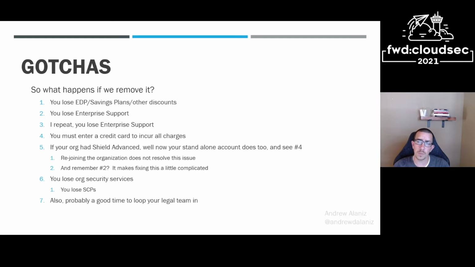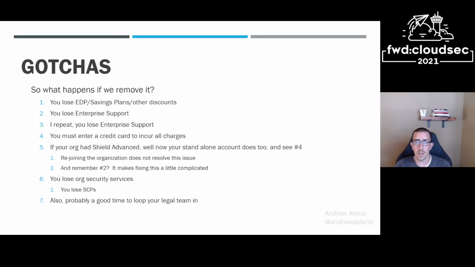Before you remove it from the organization, you're required to enter a credit card. Maybe not a huge deal, but could cause some problems with your finance departments, especially if you're on consolidated billing and having to reconcile those credit card charges to cost centers tied to invoices. Also an issue if you've got lots of compute, spending 5 and 6 figures sometimes, depending on the organization, is not unheard of per month that could hit that credit card.